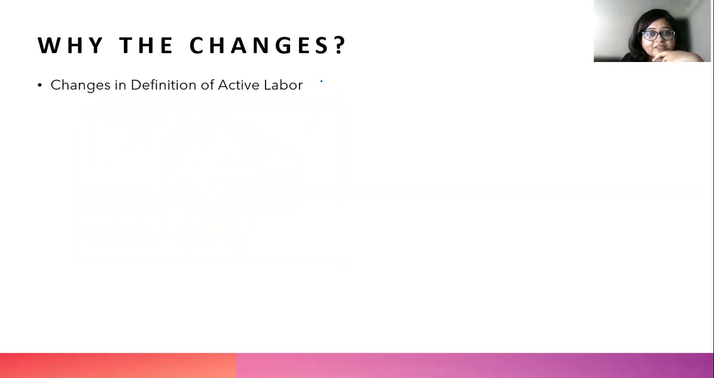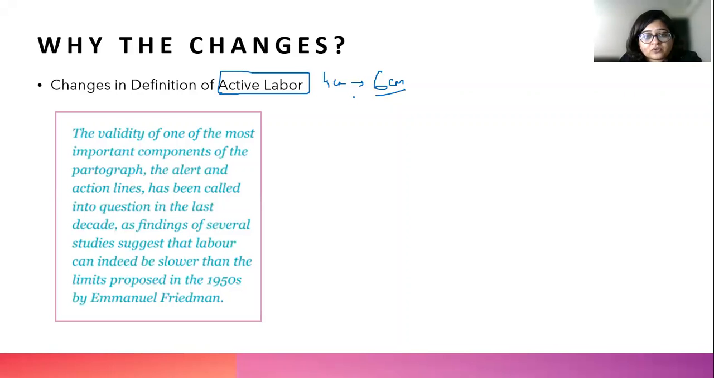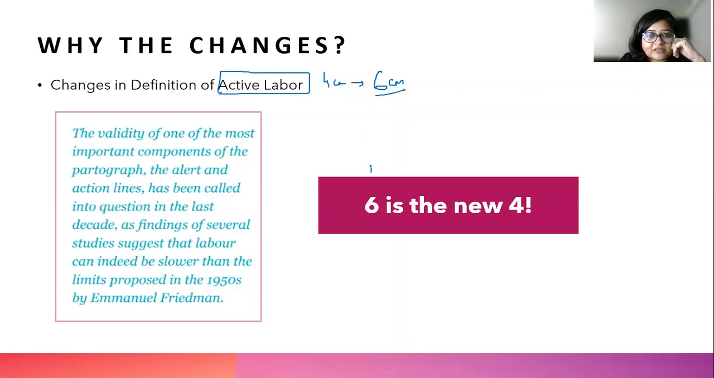The second reason why the changes were made, as I said, was that the definition of active labor has changed from 4 centimeters. There was a study done by Zhang et al. a few years back, a major study, where they said that 6 is the new 4. The American guidelines, ACOG, also follow that 6 centimeters is the new active phase of labor. But most studies still say 5 to 6 centimeters. So the WHO has not taken 6, it has actually taken 5 centimeters as the new starting point of